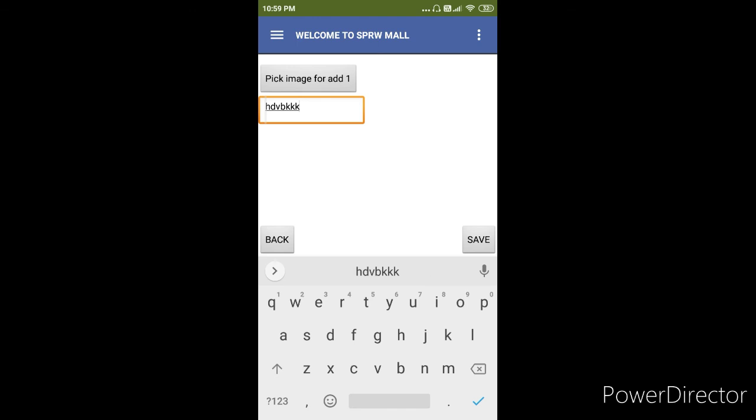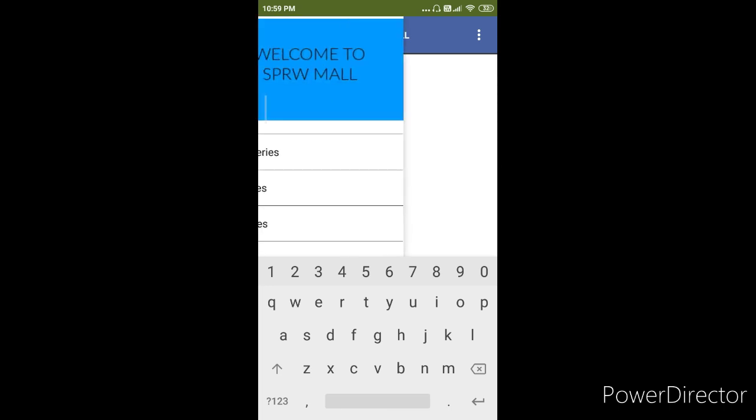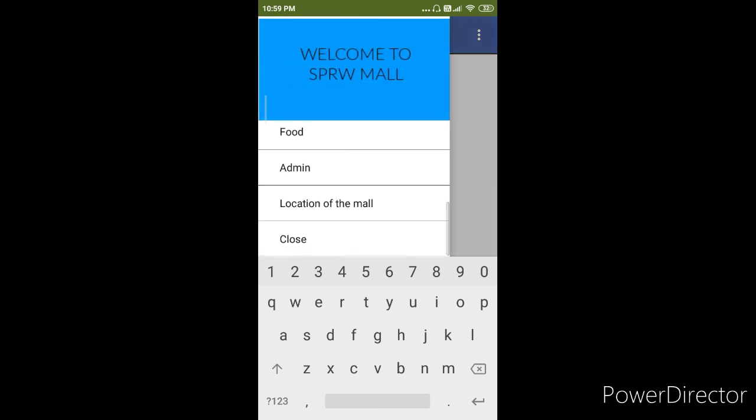I'm picking a random text, and you have to click on the save button to display your advertisement on the home page. After clicking, it will direct you into the admin section. You can go